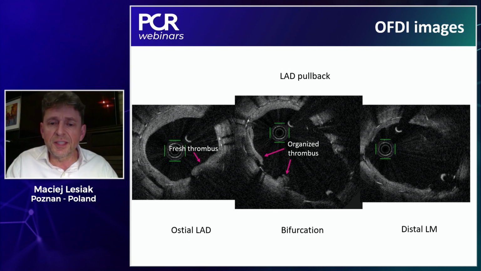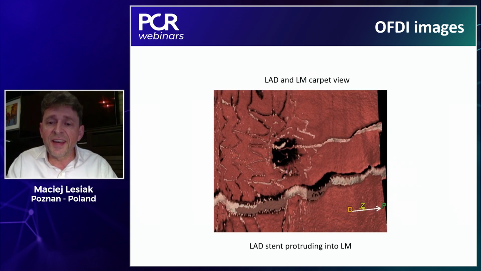What you also see is that the stent is healed, it's covered with tissue. There is no restenosis, not too much proliferation of the cells. So it was just a thrombotic event, I think triggered by the floating struts across the circumflex artery. And in the left main itself, which is also very important, we did not find any